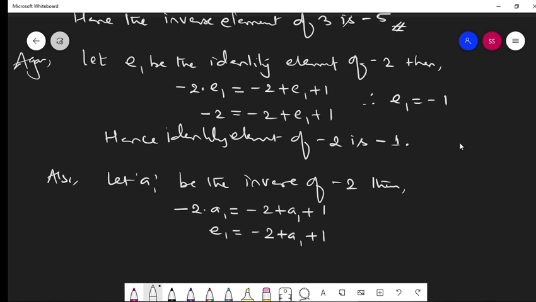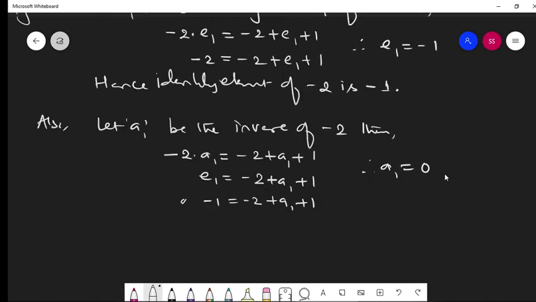Shifting to the right, minus 2 plus 2 is 0. Therefore A1 equals 0. From the simplification we get A1 is 0, and hence the inverse element